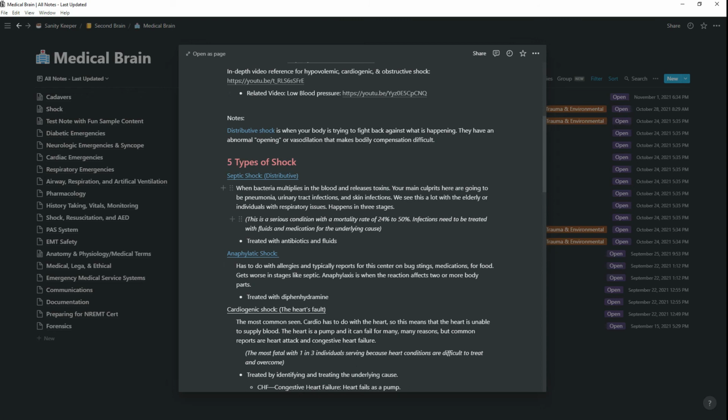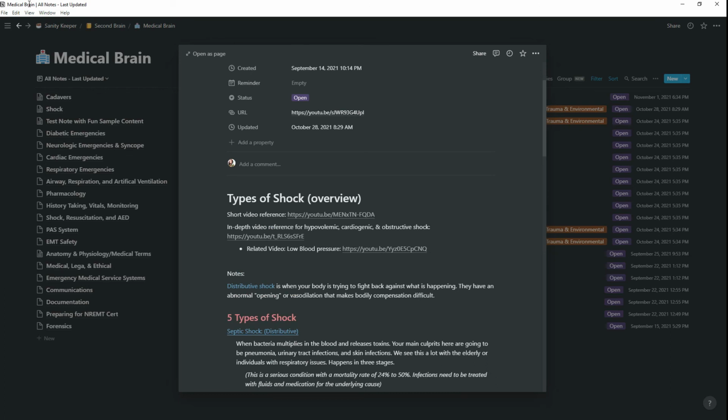So if you are interested in making a reference tool like that, I would say Notion's actually your second best. It's not your first best option, only because Evernote was made for the purpose of note-taking, so it's really more intensive and geared towards note-taking. But if you are interested in doing that with Notion, you can do that here.